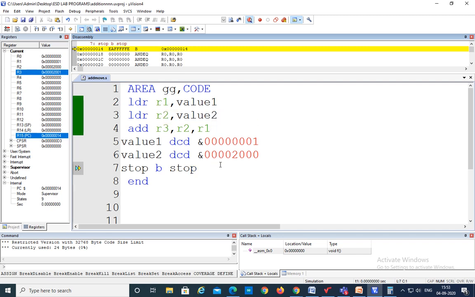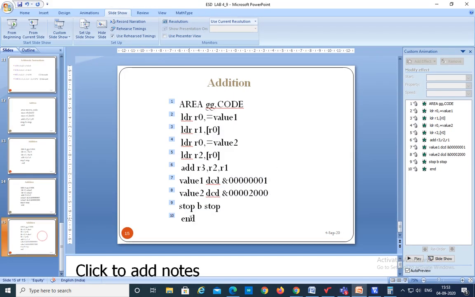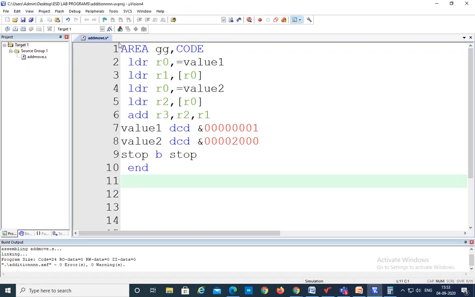Now what we are doing is, rather than calling value 1 directly, we will first call the value 1 address, and then the data from that address is going to be taken. So the program for that, we'll see this one. Here observe: LDR R0, =value 1 means the address of value 1 is stored in R0. Previously the value was directly stored, right? After getting the address, the data present at that address is going to be stored into R1. That is, we are using two statements here rather than a single statement.